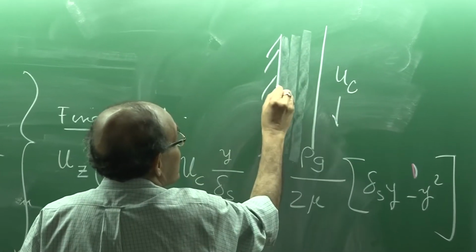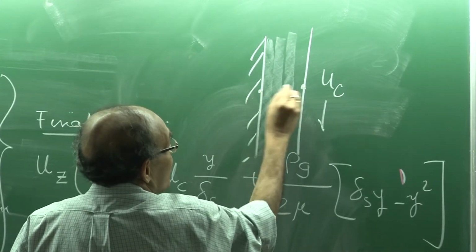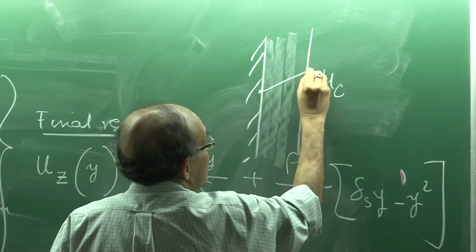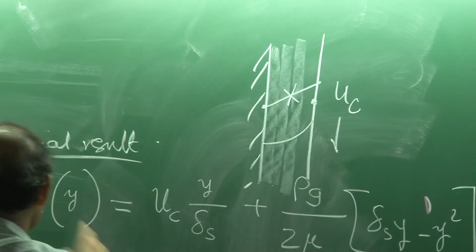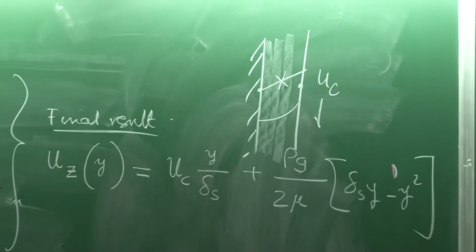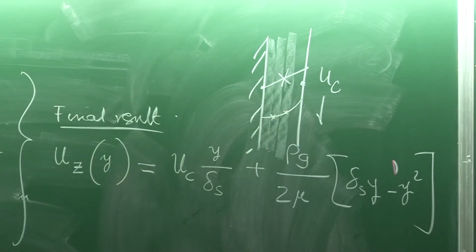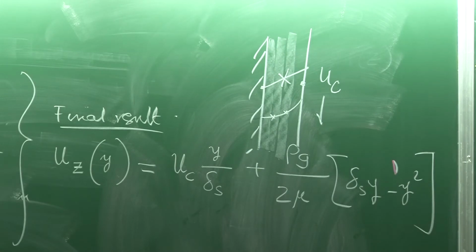The velocity here is 0, the velocity here is maximum, which is the casting, and from here to here the velocity changes, and the change may be something like this, because of the nature of this graph. So, as you can see, the velocity is a function of y as it changes from 0 to the maximum value, and this